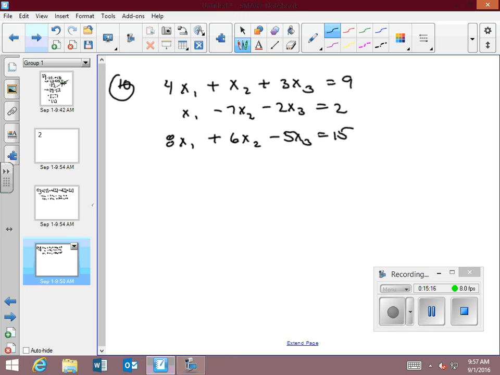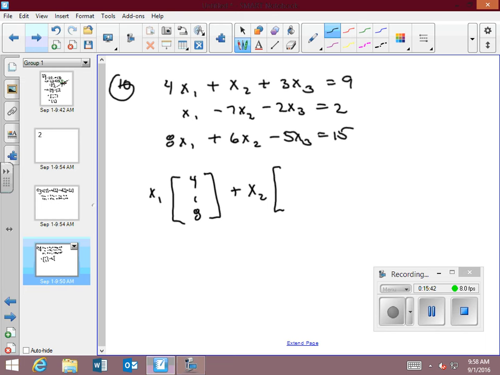So we want to write a vector equation. So what we have is we have an x1, and then we have a vector which is 4, 1, 8, right? And then we're going to go plus x2, and we have,